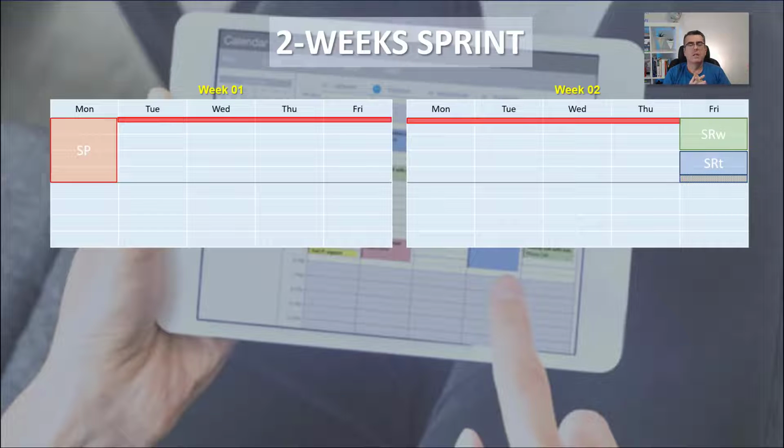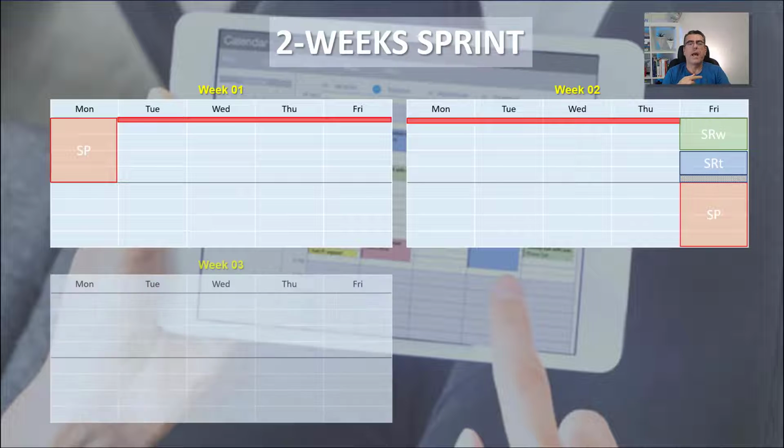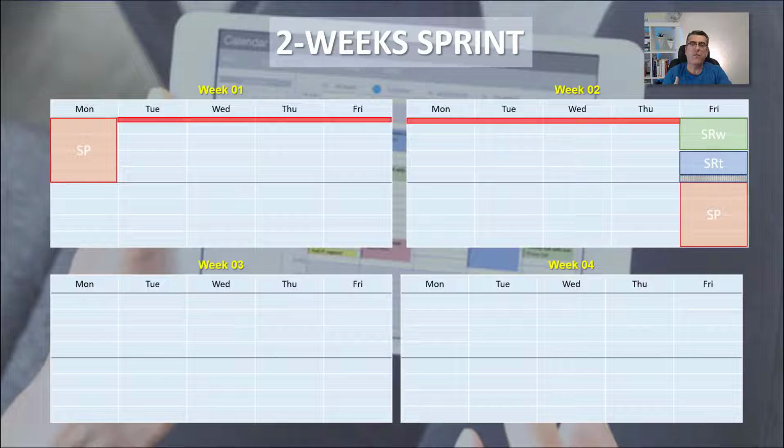before noon that you have nothing to do, because in the afternoon you're going to start your next sprint with your sprint planning, and then you're going to plan again for weeks 3 and 4.